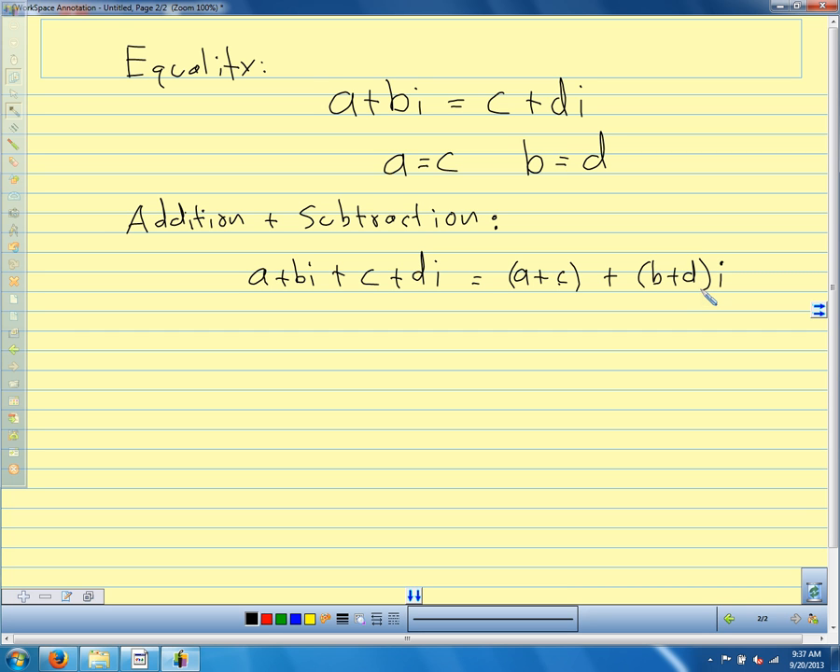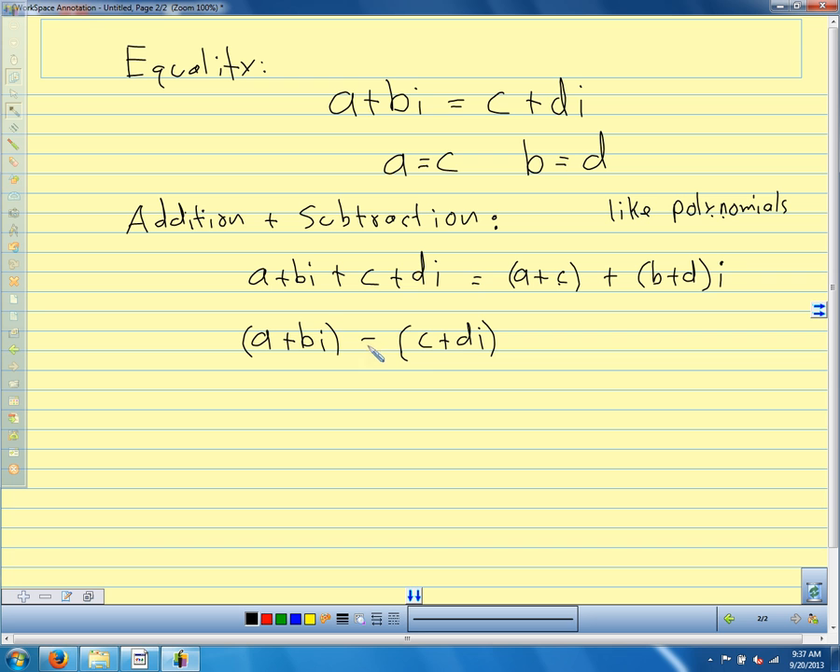So we add the real parts and we add the imaginary parts. I think of it like polynomials. We're adding like terms. The real parts are like terms and the imaginary parts are like terms. So they add like polynomials. And then the thing to remember, where students often make mistakes with subtraction, is if we have a + bi and we're subtracting c + di,